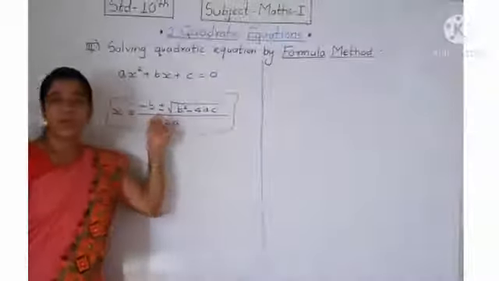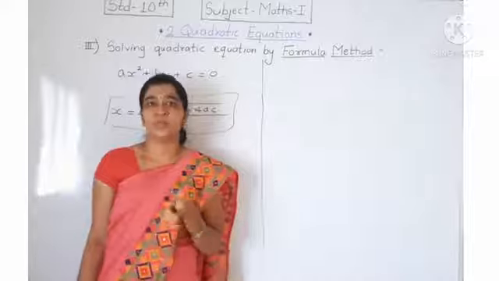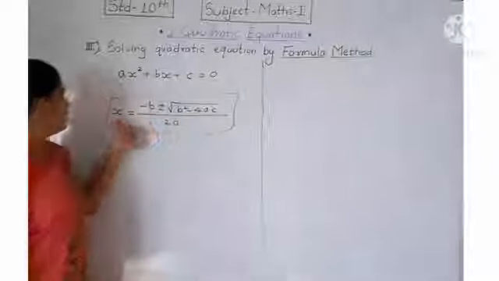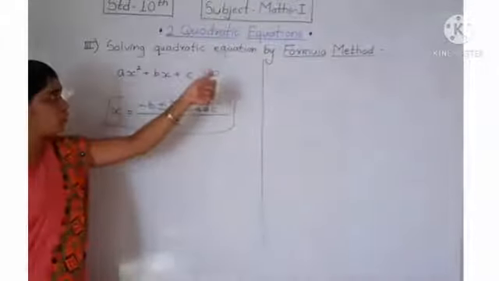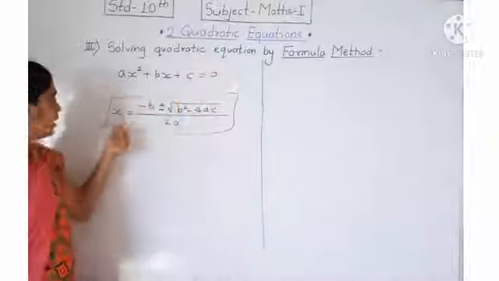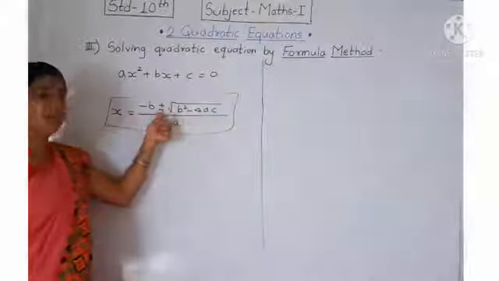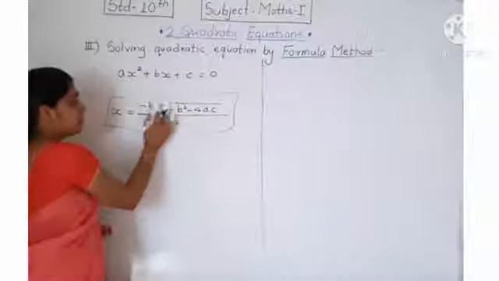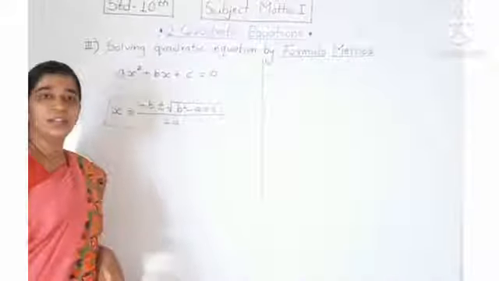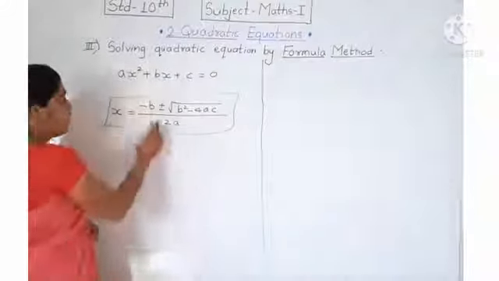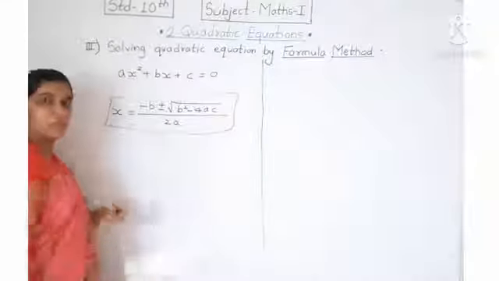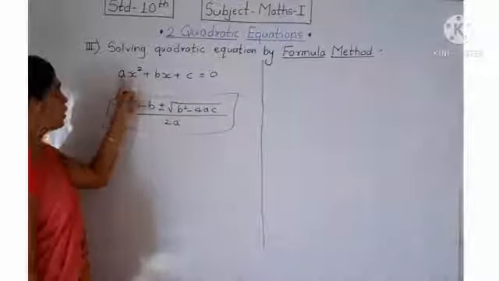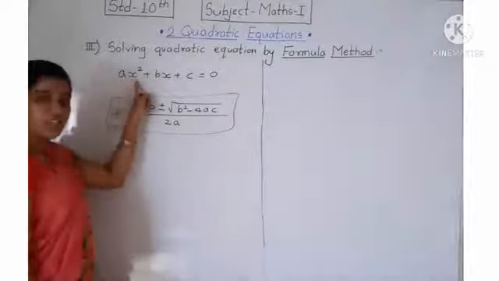How does this become the formula? It is given in the textbook on page numbers 39 and 40. You can see that. What is the formula for solving a quadratic equation by the formula method? x is equal to minus b plus or minus root b square minus 4ac upon 2a. Why does this become plus or minus? Because it is a quadratic equation, it has two roots. First take the plus and then take the minus. You get the two roots, meaning two values of x. This is a quadratic equation in variable x.